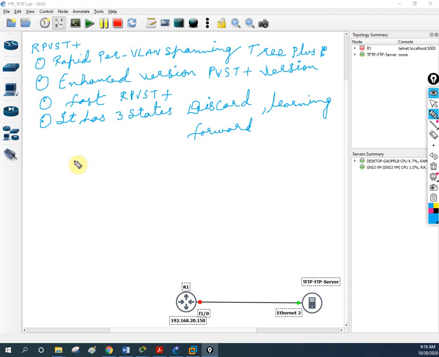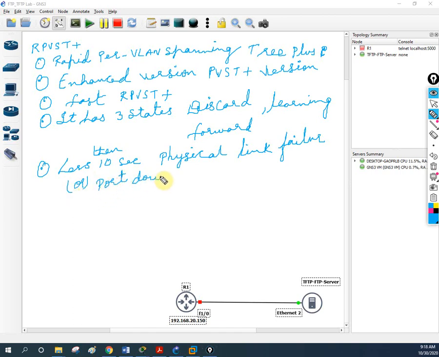What else we can say here? Let me write one more point for the time, 10 seconds. We can say RSTP is typically able to respond in less than 10 seconds. When a physical link goes down or any port goes up or down, RSTP is going to respond. Physical link fail, or port down or port up.